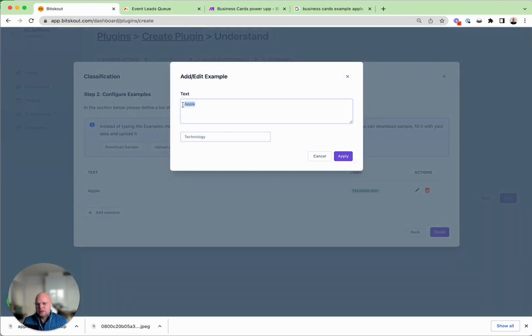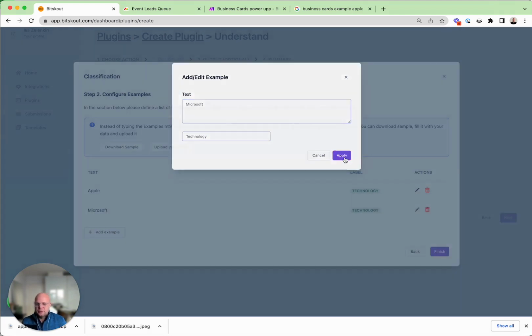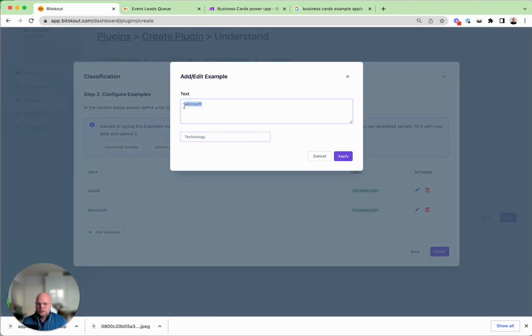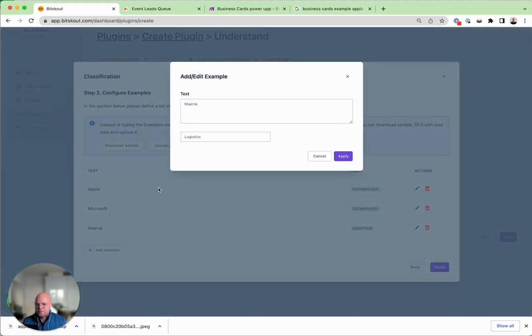You can call Apple an IT company. Okay, Microsoft. Let's add another example. Let's say Maersk is logistics. Of course, there are different types of Maersk.